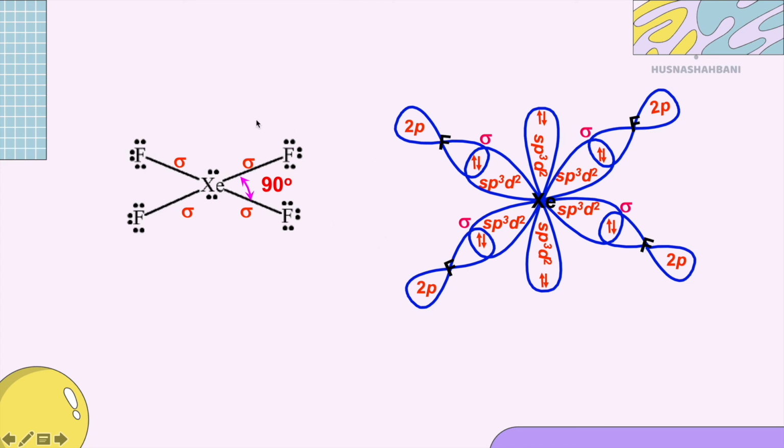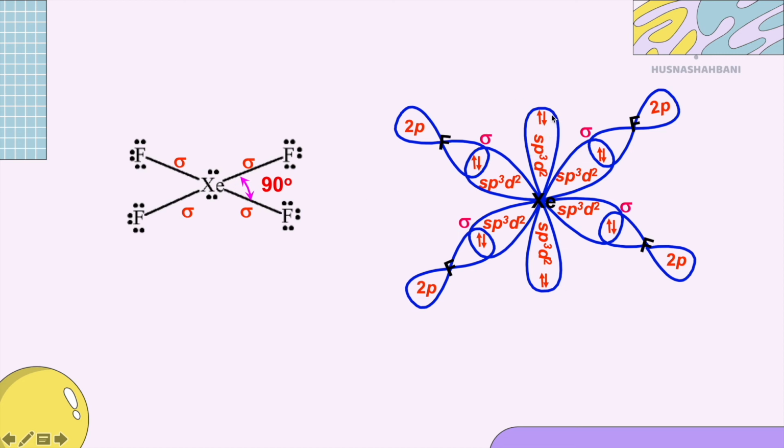Next example, XeF4. Same steps. First, you have to write down the electronic configuration for Xe and F, and then draw the orbital diagram for the central atom Xe, and you can find the molecular shape. Finally, the molecular shape is square planar, 4 sigma bonds. So you will have